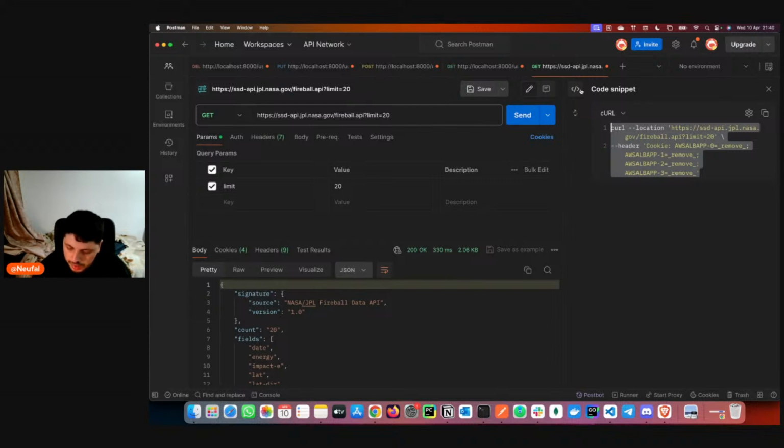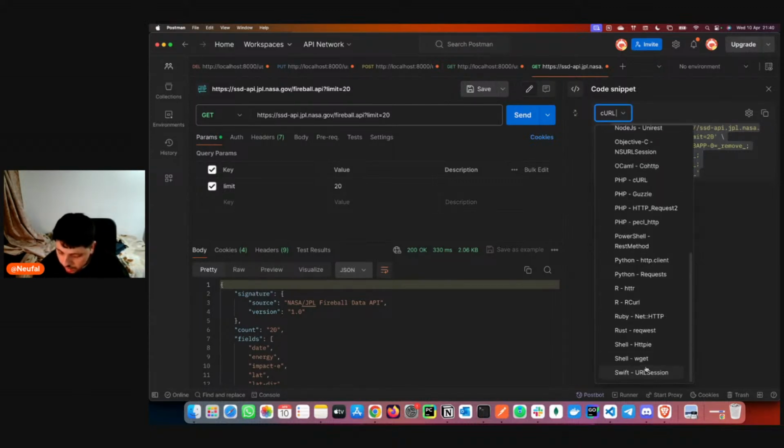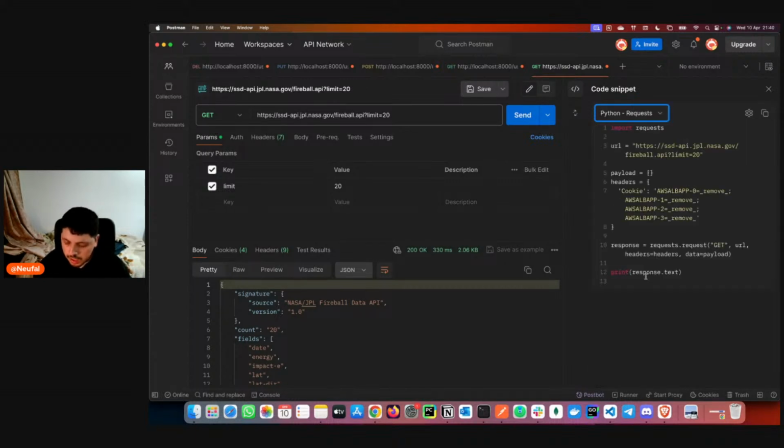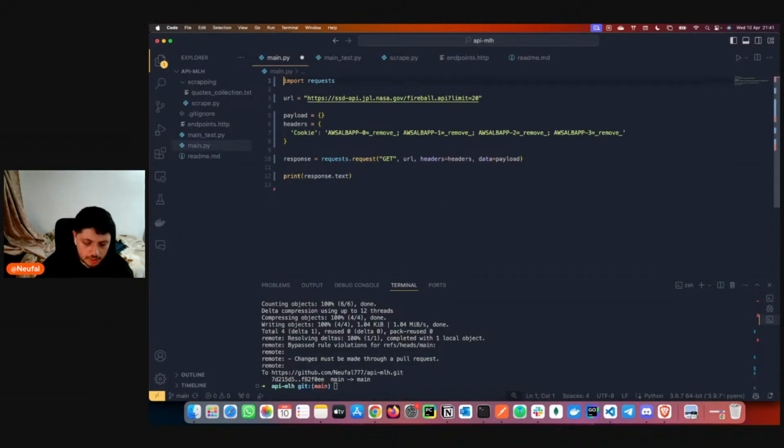So basically we can go here and probably we will see somewhere Python requests, or HTTP client. They're different libraries to make the request, so you choose which one you want. In this case, we will use requests. Boom. What's this? This is amazing, isn't it? Let's copy this code. We can just go to here, paste the code, magic.